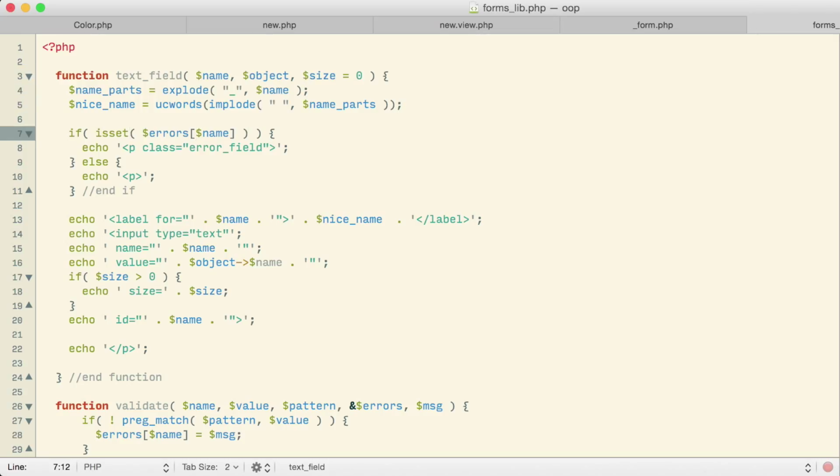Down here, when I go to actually use the errors, that's now going to be this errors. I can access the individual name from the errors array that's returned. And is there anywhere else in here that we need the errors array? I think that is basically it. Well, let's go back to the browser and try it and see what we've broken this time.